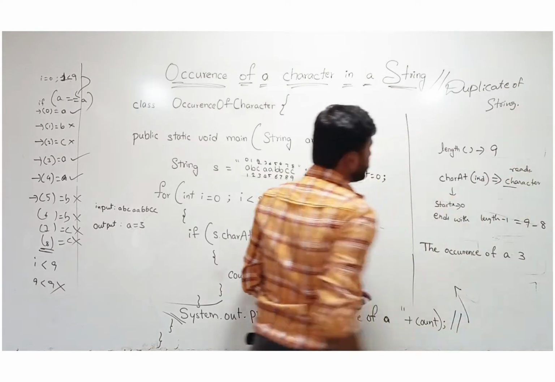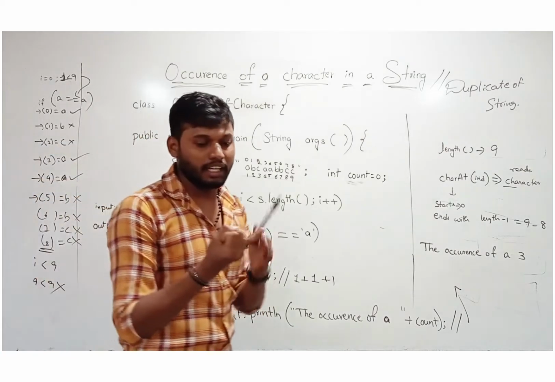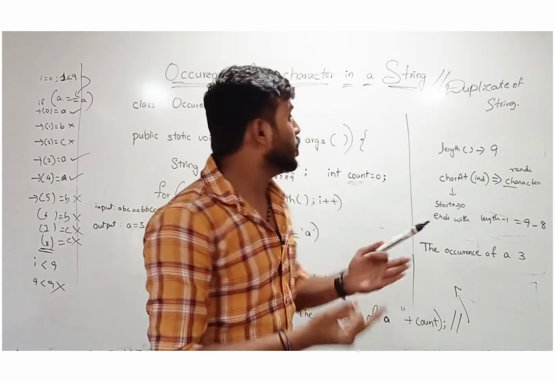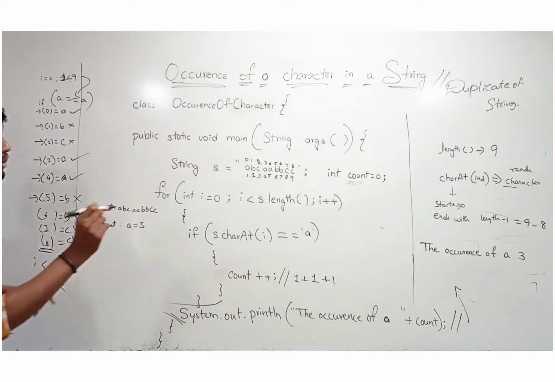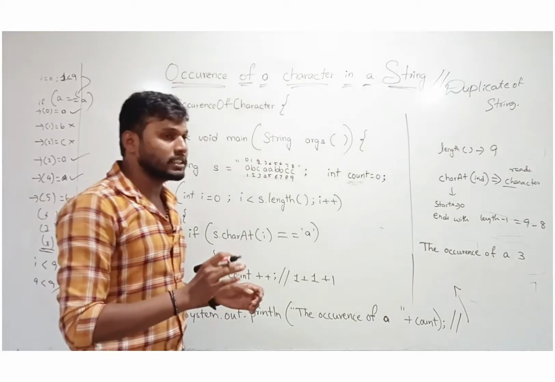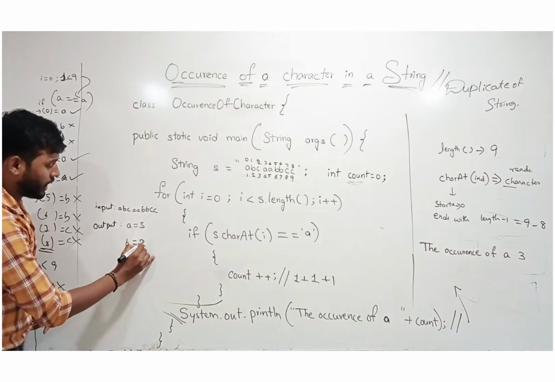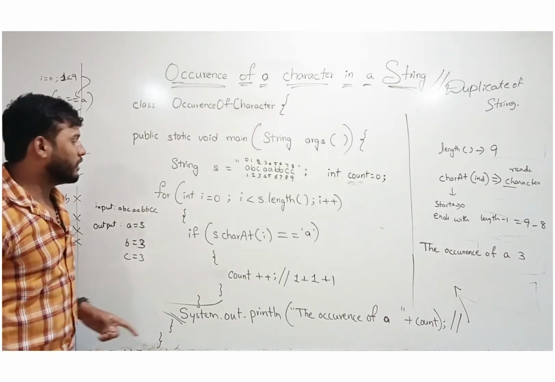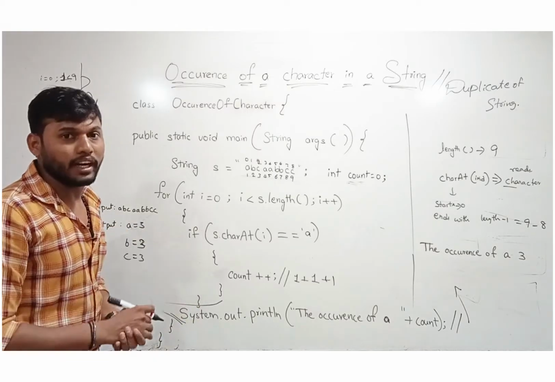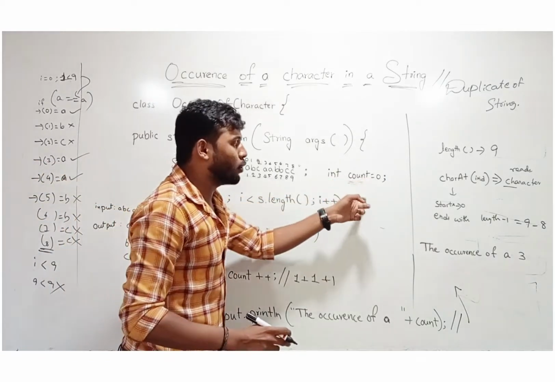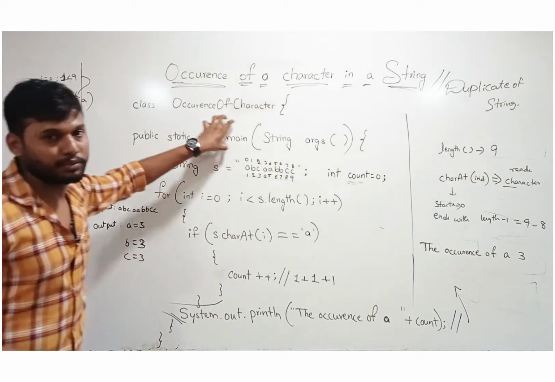This is the program for the occurrence of characters in a string, and we mainly see it in technical discussions or written exams. It is the most important question. They don't give a direct question. They ask like a equal to 3, b equal to 3 and c equal to 3. Now what can we do? Here is the if condition. We need to add else if conditions also. We can give count a, count b and count c. This way they can bring this type of interview question.